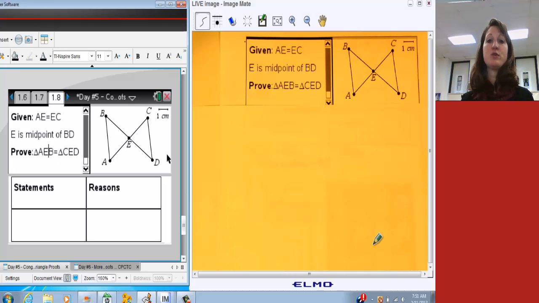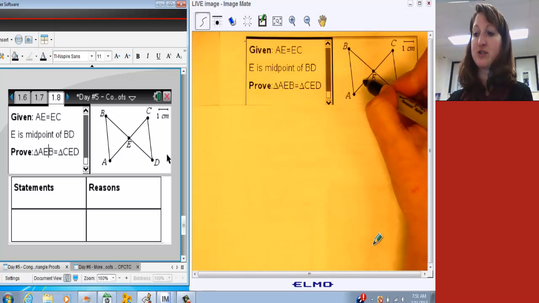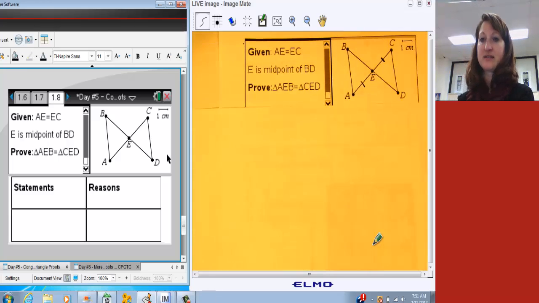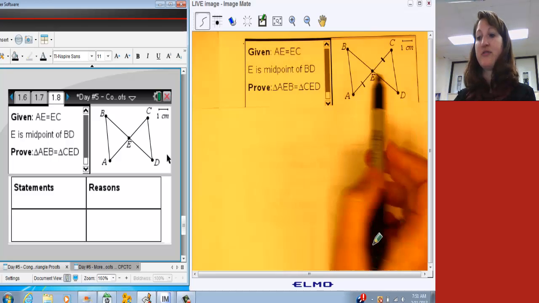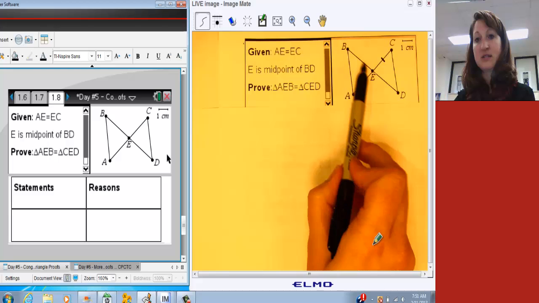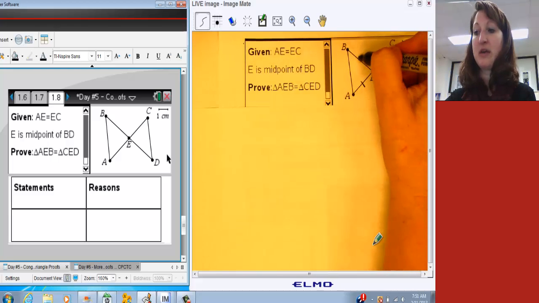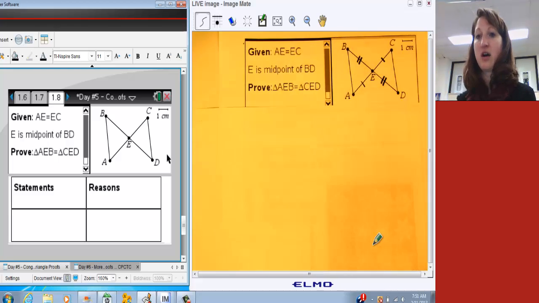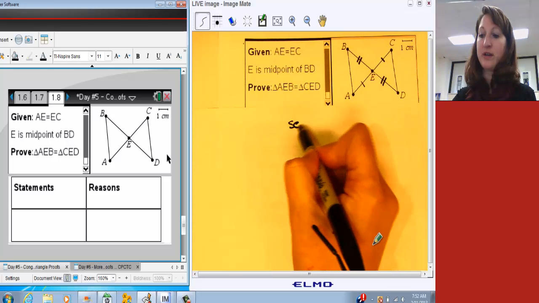Alright, so on this one, we're told that AE and EC are equal. So that's the first thing that I'm going to mark on my picture. AE and EC. I'm also told that E is the midpoint of BD. So if E is the midpoint of BD, that tells me that BE and ED are equal. Now, here's the tricky part. At this point, I'm out of givens, and I only have two things on my paper. Well, there are a couple of secret weapons. So, really quickly,